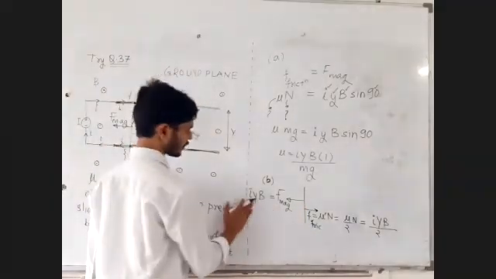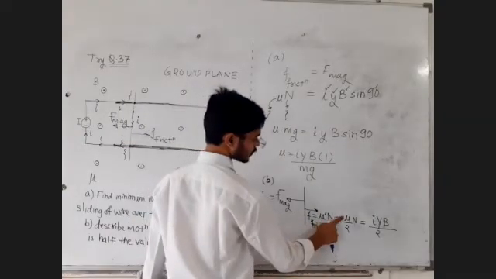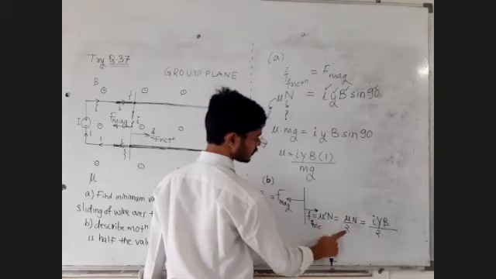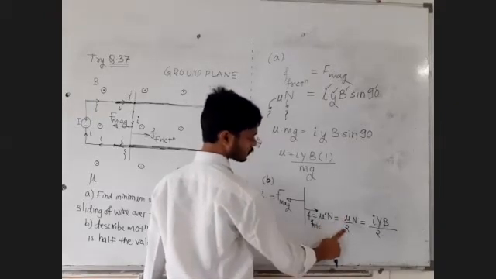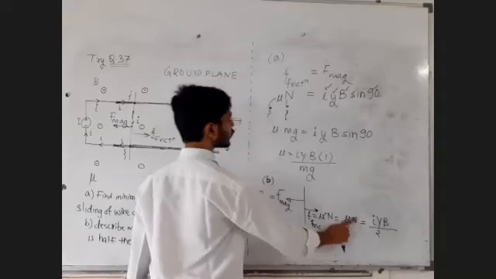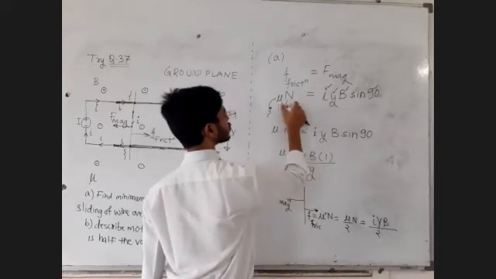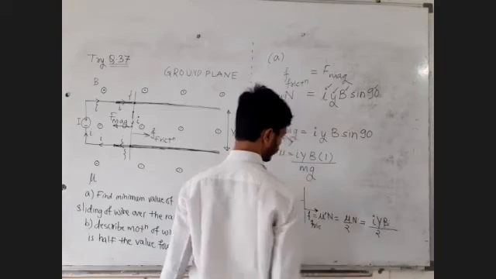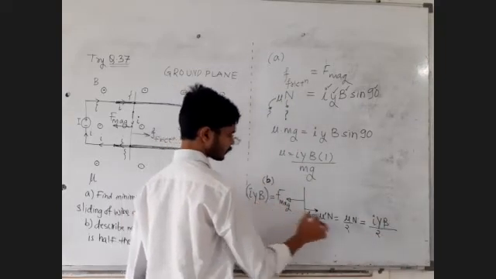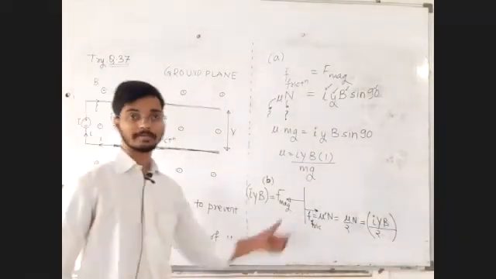Now what is the leftward force? IYB. And what has happened to the coefficient of friction? It is half of the previous case. So mu dash will be mu by 2 into n. But mu into n is IYB sin 90. What was the previous mu into n? It was IYB sin 90, so it is IYB. No need to write sin 90 upon 2. This force is IYB. This force is IYB upon 2. So there will be a net leftward force.